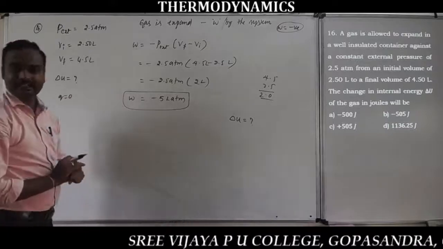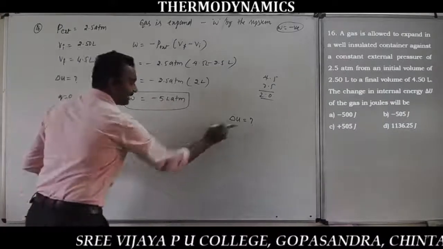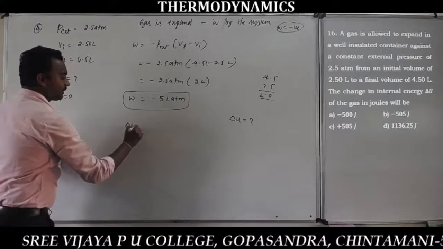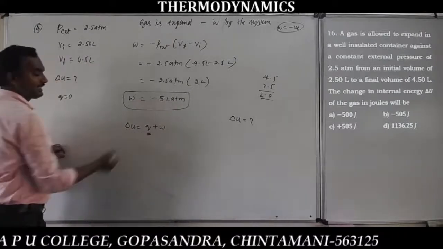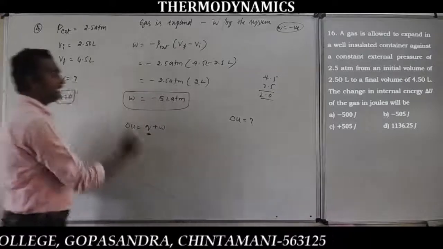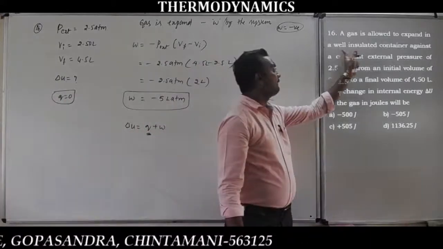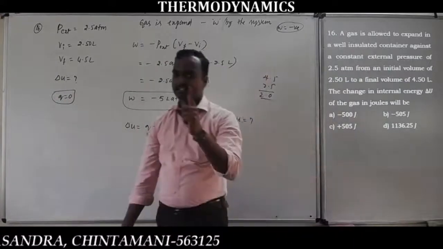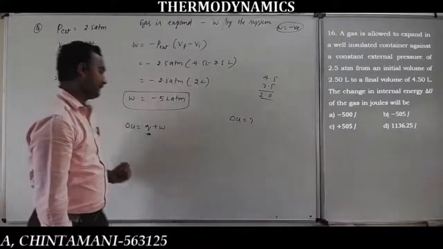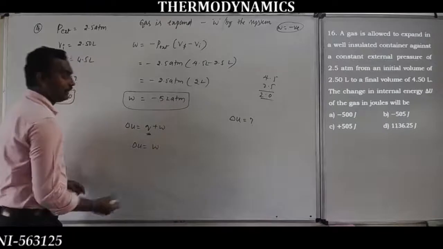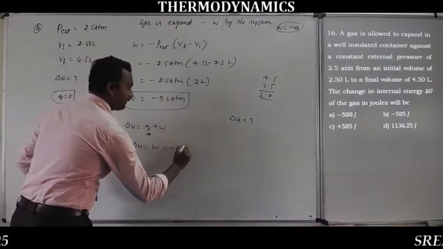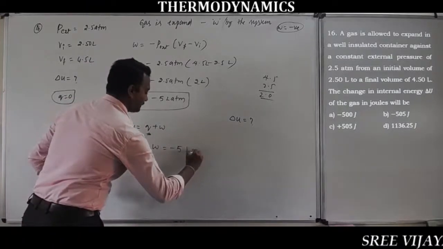So Q is equal to 0. To calculate it, according to the first law of thermodynamics, delta U is equal to Q plus W. Q is 0, because the problem says a well insulated container, there is no exchange of heat, therefore Q is equal to 0. Then you can say delta U is equal to W. The W is minus 5 liter atmosphere, but